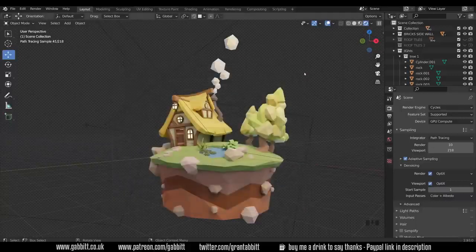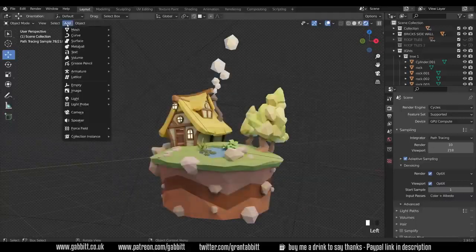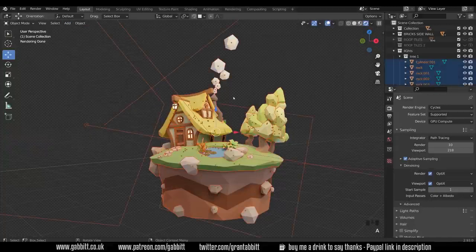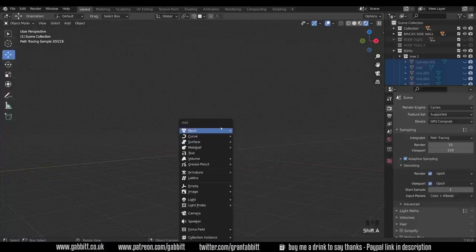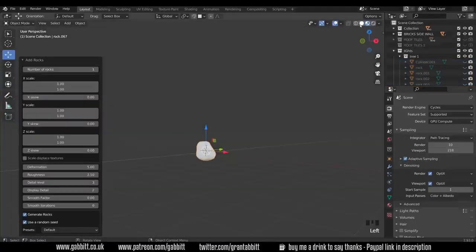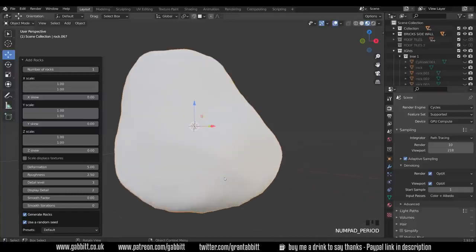Now we're going to go to Add an Object, so Shift A, or we can go up to the Add Object menu here, and press Mesh. I've got all these extra objects, which of course you can play with and find out about yourselves, but it also includes the rock generator here. So I'm just going to select everything and hide it for the moment, and Shift A to add Mesh Rock Generator, and I'll switch over to Material Preview mode so it's nice and easy on my rendering, and zoom in